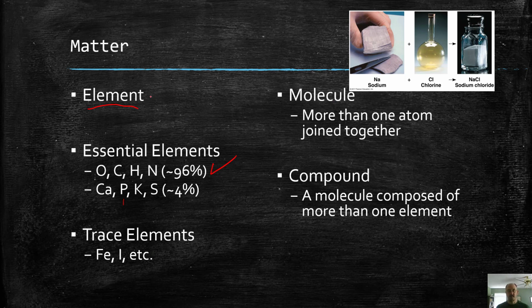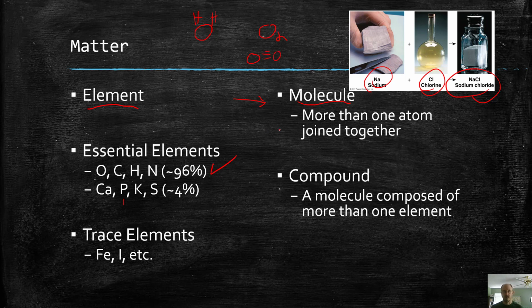Now, like I mentioned earlier, an element cannot be broken down into any other element by normal chemical means. So things like oxygen, carbon, those are elements. Now, if you stick a couple of elements together, like you take an oxygen and you put a hydrogen on it here and you put one on it here, now you have a molecule. And a molecule is more than one atom joined together. Okay, so if you take sodium and you mix it with chlorine, you get sodium chloride. Now some molecules are the same atom. So you can have O2, which is two oxygens stuck together, right?